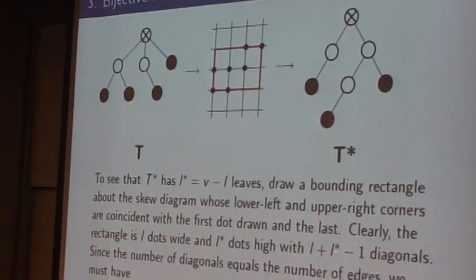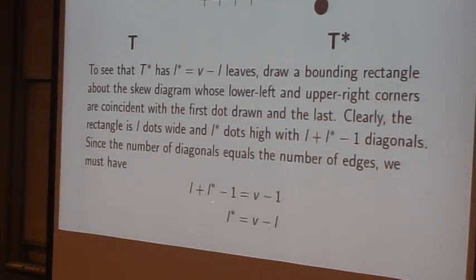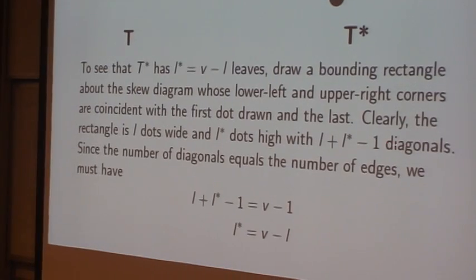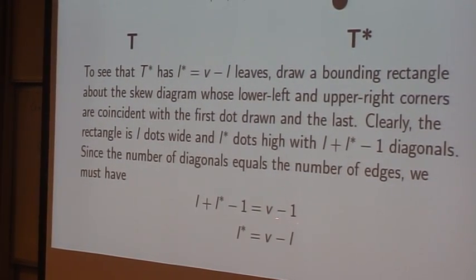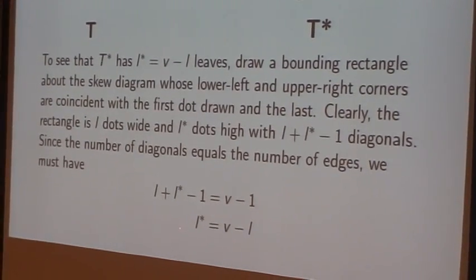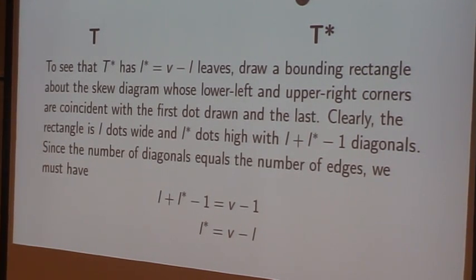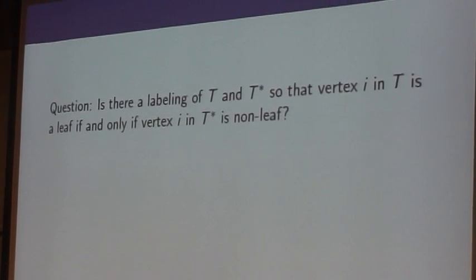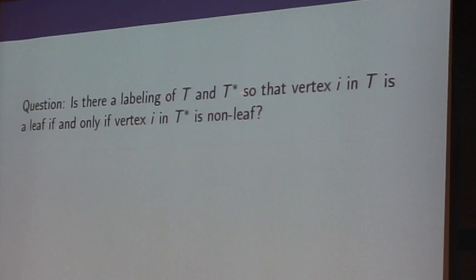And if you add up these two, from my construction you get diagonals going down this way. And the number of these diagonals is the same as the number of edges. And we know that there are V minus 1 edges in any ordered tree with V vertices. And from that, you easily determine that the number of leaves in the map is V minus L. The other simple question that one might ask here is, is there a labeling of T and T star with